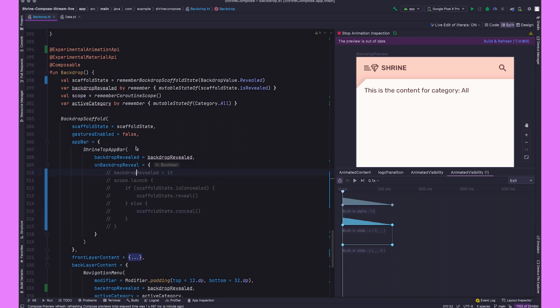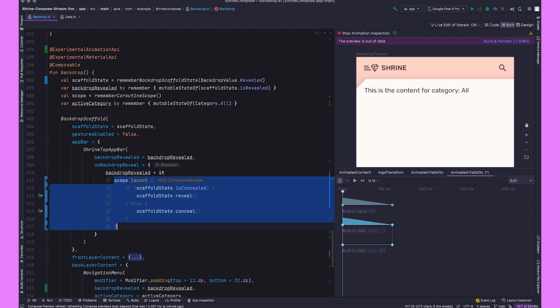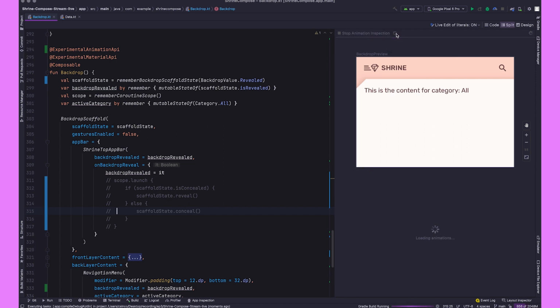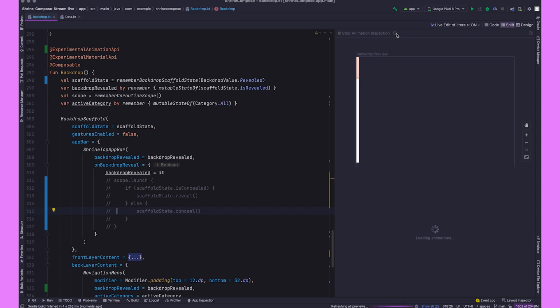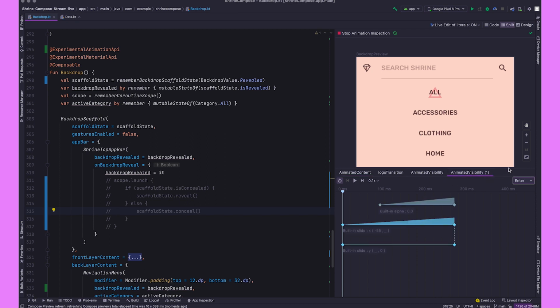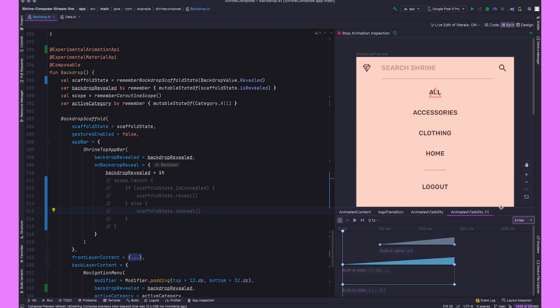Actually, I will just comment out the actual code that changes the scaffold state, but not the backdrop revealed, because we do need that. So this is just for debugging purposes. I hope at a future date, if it does pick up the backdrop state more clearly, then you won't have to do this. Nice part though is Compose is pretty flexible, so this stuff can be used temporarily and then removed when you actually commit your code. So here, now the backdrop is revealed by default,